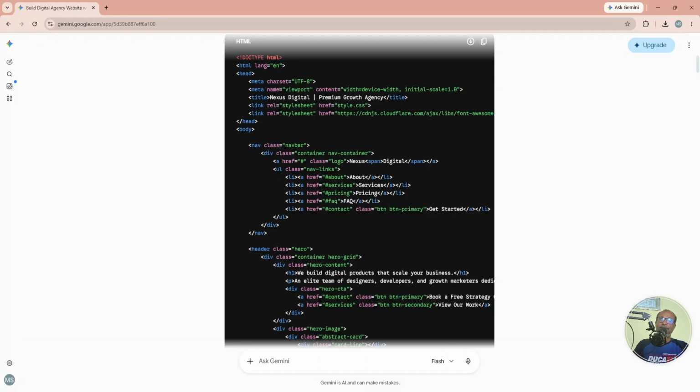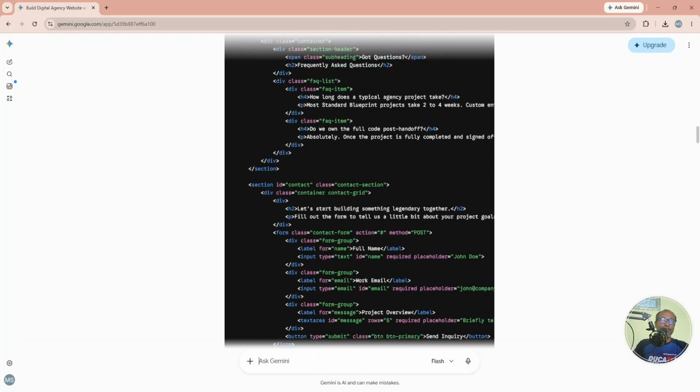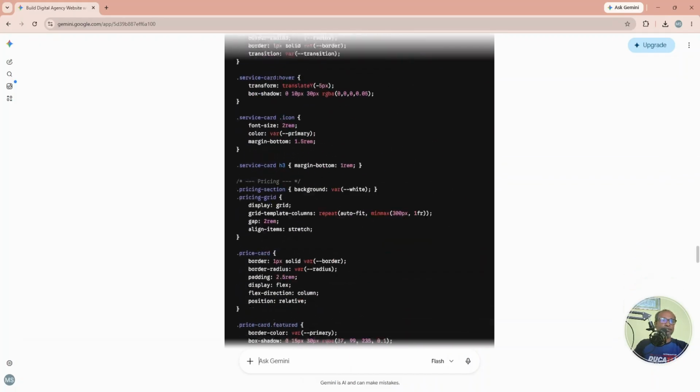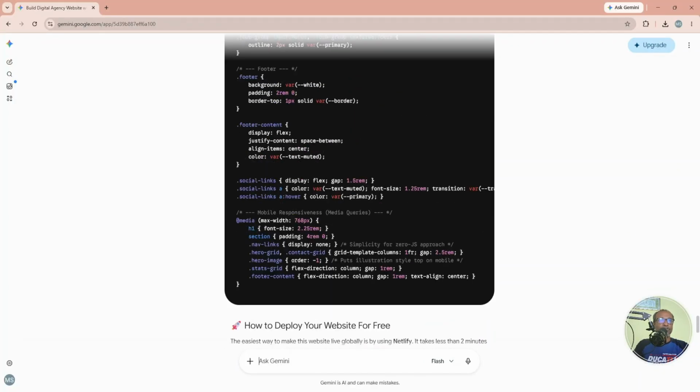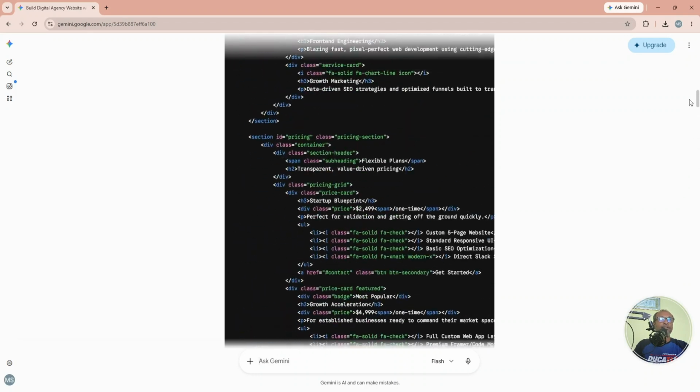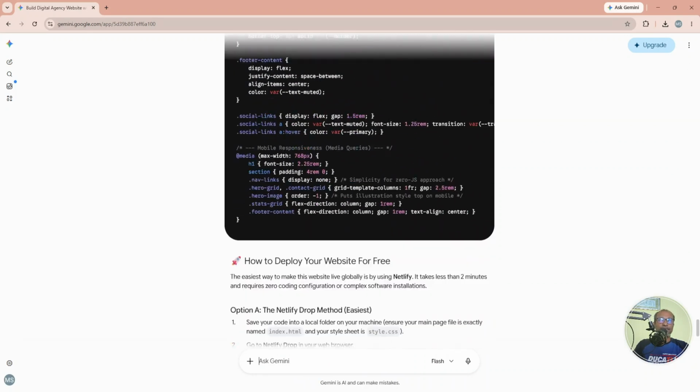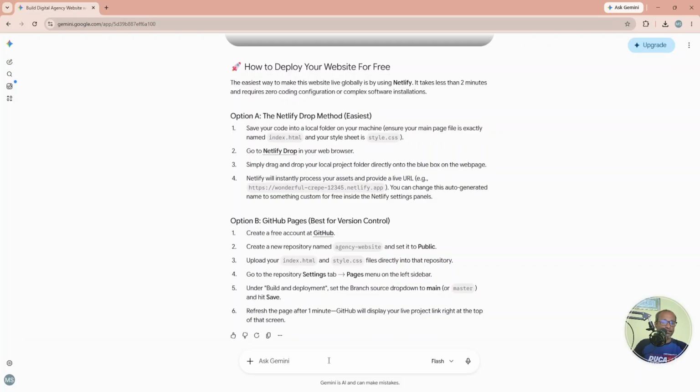So let's see what is here. Okay, they give us 2 separate files. So if we ask Gemini, like, give me the full code in a single page, and submit,